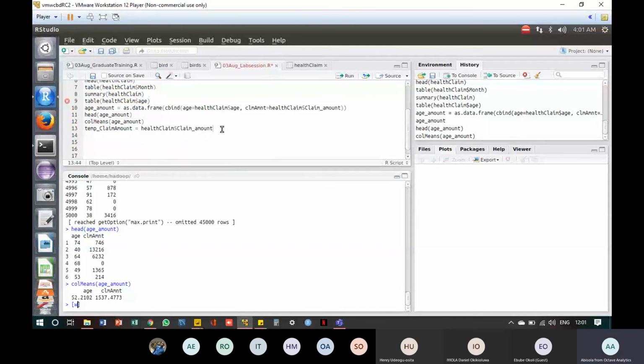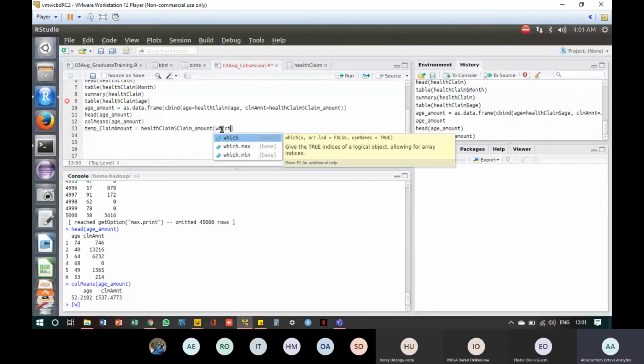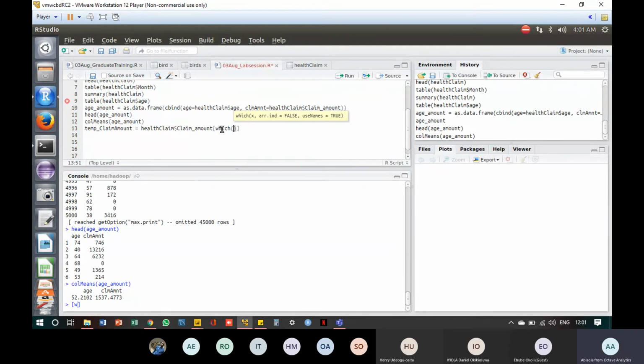So which helps me subset my data based on some conditions, where this is greater than 0. So let me just copy this. So subset claim amount where claim amount is greater than 0